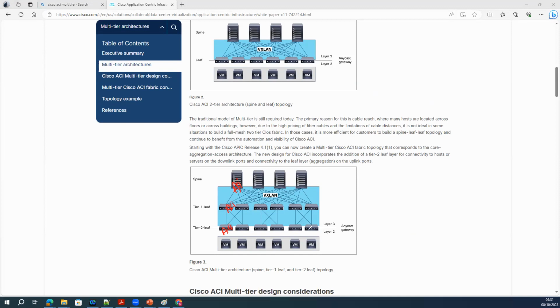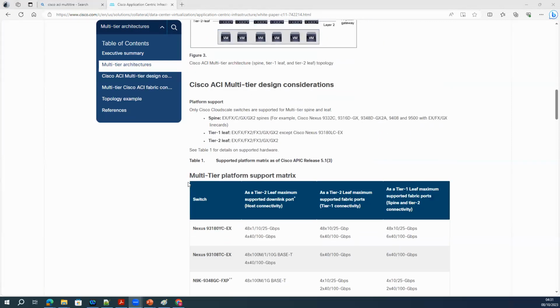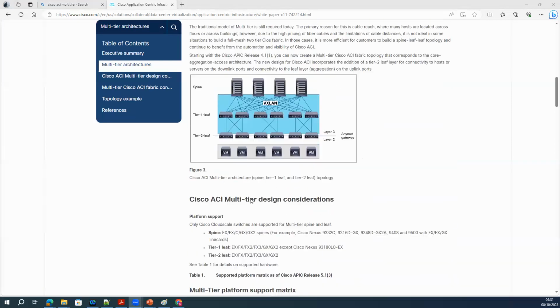The FEX requirement is if you need to extend a few ports and you don't have the budget to purchase these 9300 devices, then you can go for the Nexus 2K devices. That's one of the use cases: port extension. Apart from that, I don't see any use cases for FEX. The FEX is brainless.